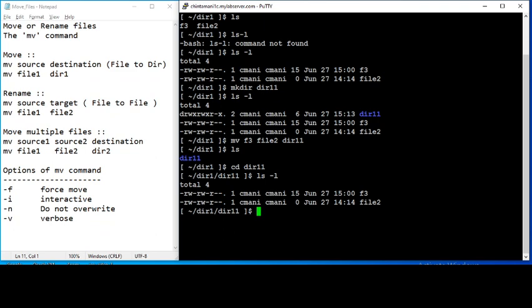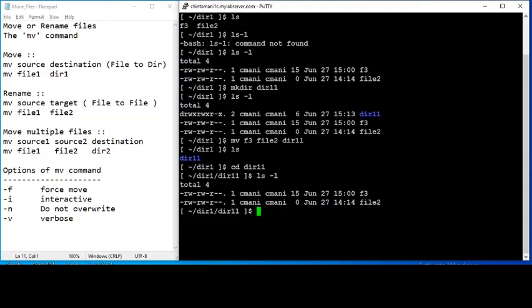So we have to remember the mv command works in two ways. One is move and one is rename. If both the parameters are files, then the second parameter, that is the argument, gets renamed. If the second parameter is a directory, it gets moved inside that directory. If there are more than two parameters, then the last parameter, whether it is third or fourth or fifth, should be a directory. So it will check whether it is a directory and then only perform the operation.